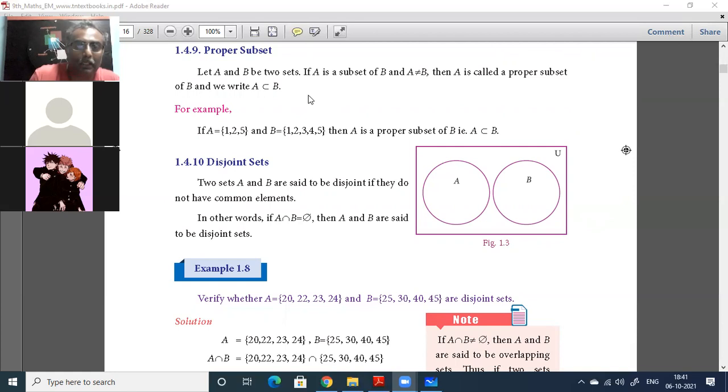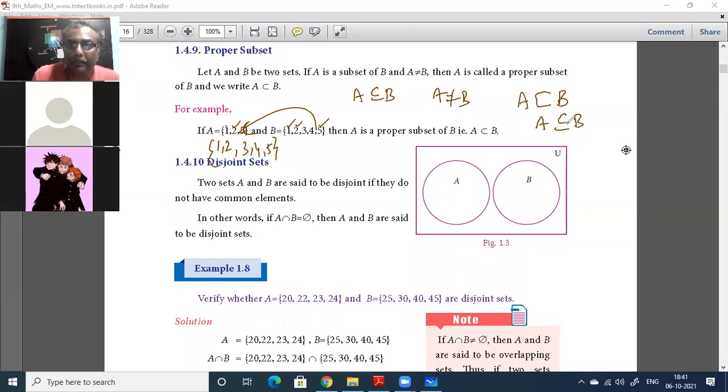What is the definition of subset? All elements of A should be in B. So is 1 in B? Yes. Is 2 in B? Yes, uncle. Is 5 in B? Yes. Okay, so every element in A is in B. So A is in B, but A is not equal to B. A is not {1, 2, 3, 4, 5}. Yes, the elements in B are not all in A. So A is not equal to B. So that is the way of saying A is a proper subset of B.